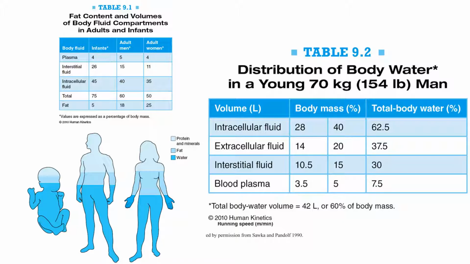Now, guys, extracellular fluid is everything that's obviously not inside of our cells. Interstitial is going to be that fluid that's in between our cells, that's perhaps inside of our GI, and obviously that's separate from our actual blood plasma. So notice 30 plus 7.5 is 37.5. So the summative value of them.